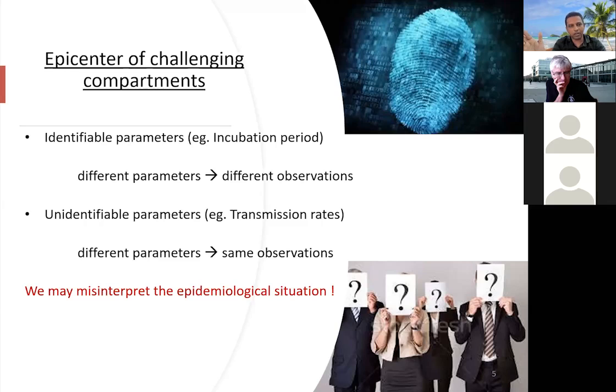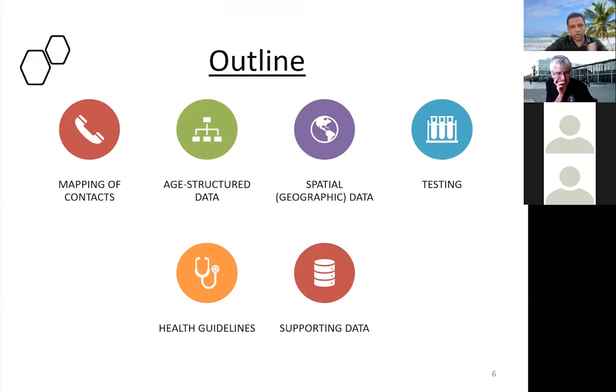We normally know that every mathematical model is wrong, but some are useful. Therefore, we have to pick the best one out of that. So that is why we have to be careful about these unidentifiable parameters. I just outlined here a few cases that are coming under our slides.